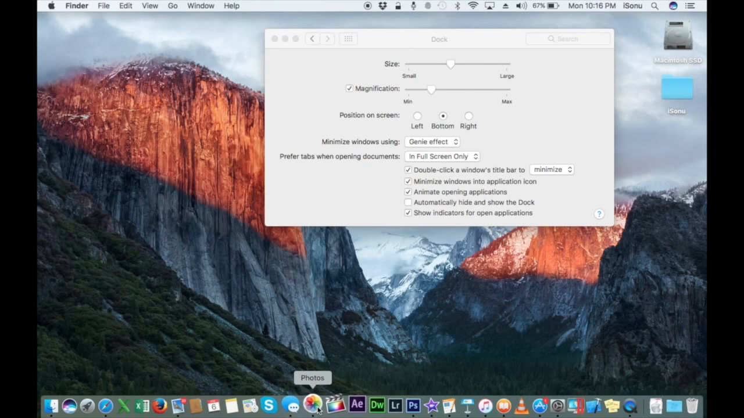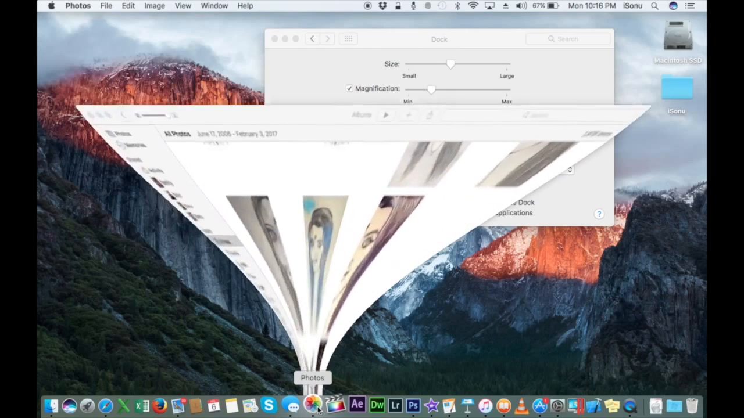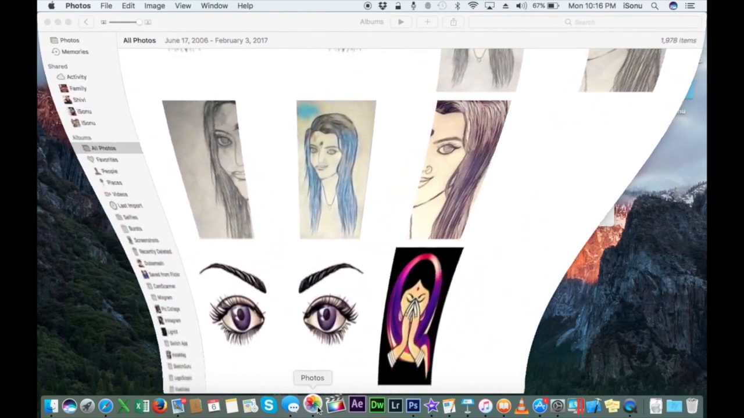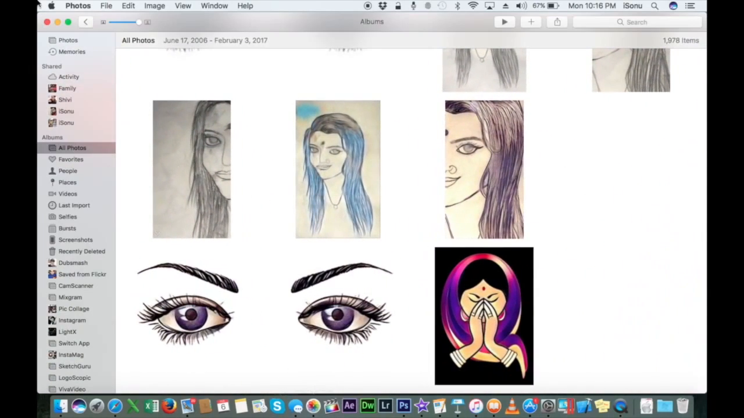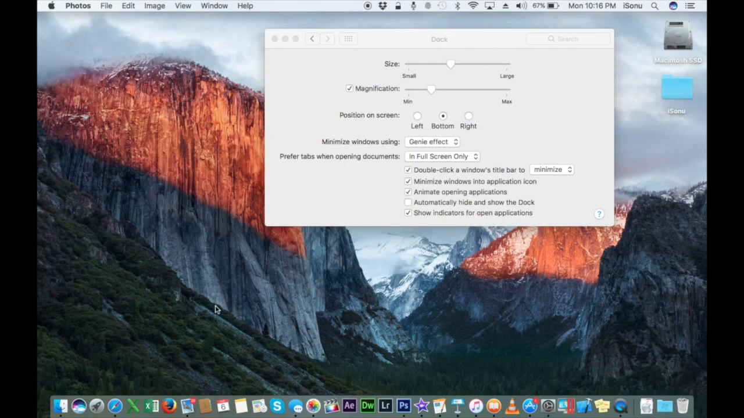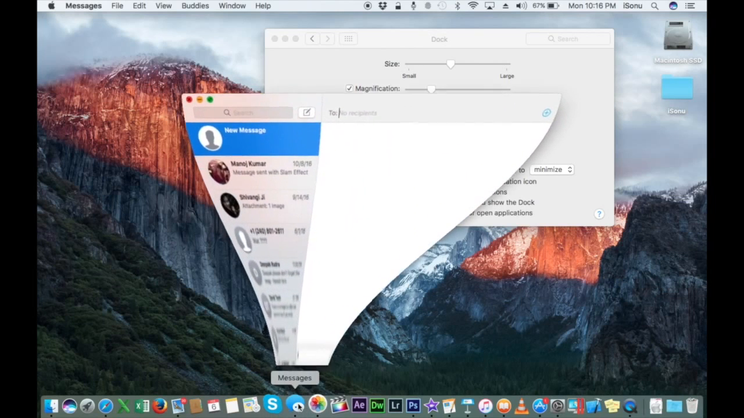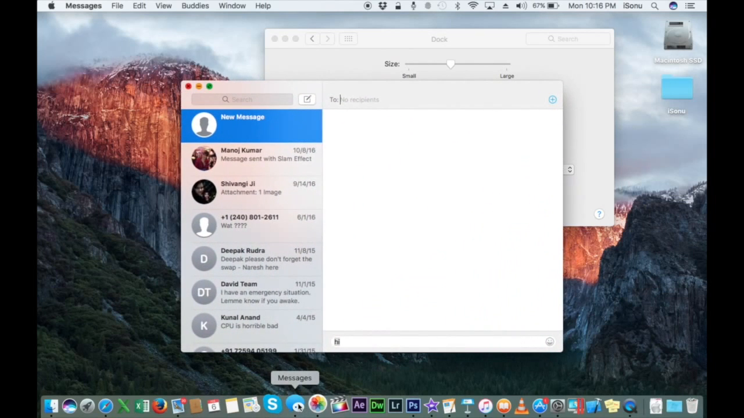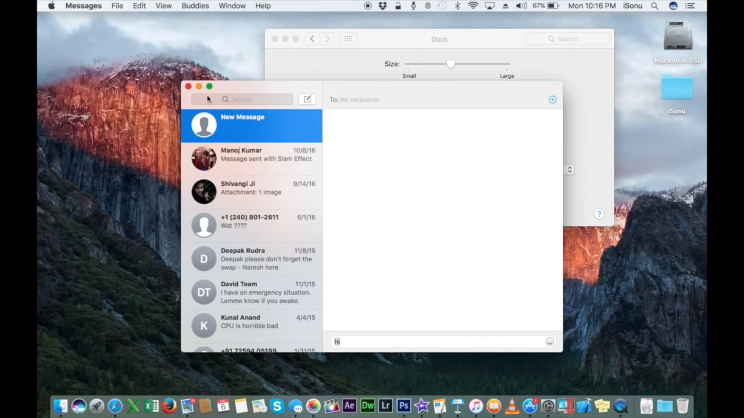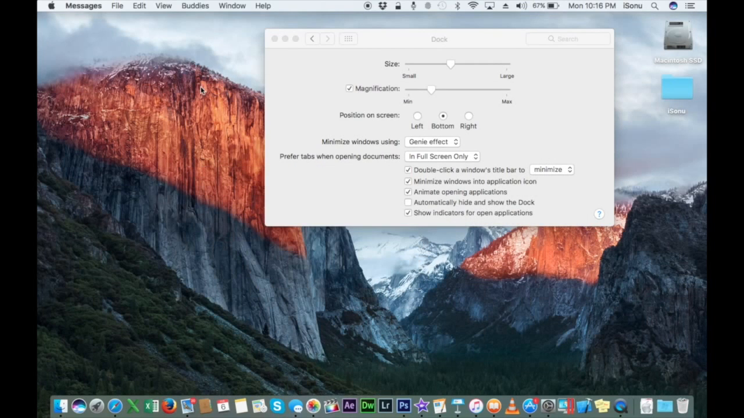Let me show you something else here. You see this? You can also do this by holding down the shift key. It works with any application. Look at this genie effect. I'm holding down the shift key now and trying to launch this application, and wow, look at that. That's awesome, right? Right, let us close this now. Alright, there are a lot of other